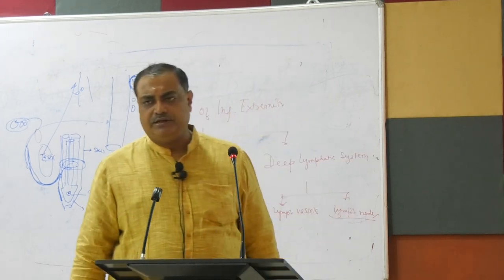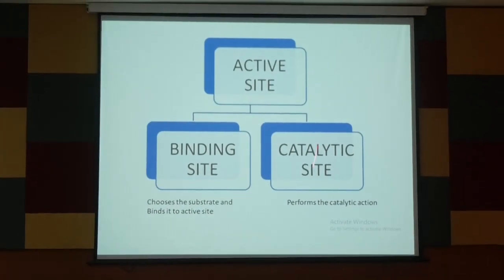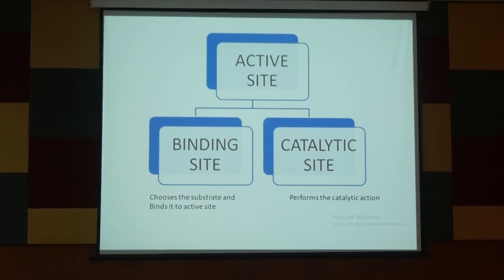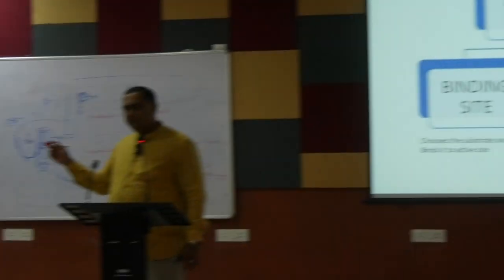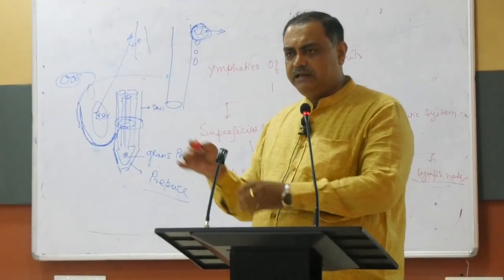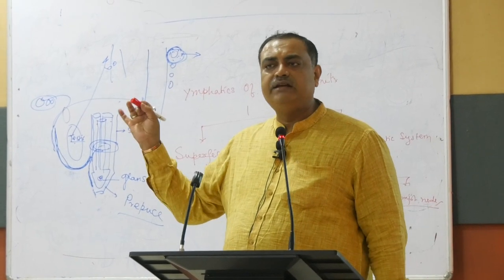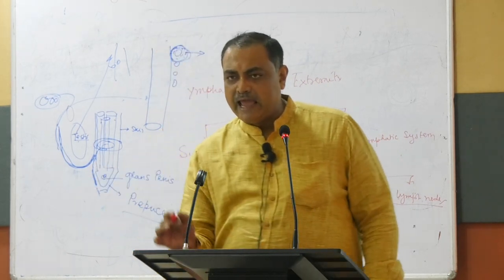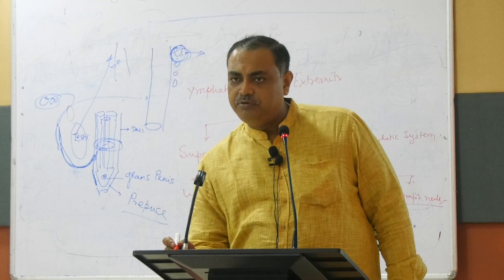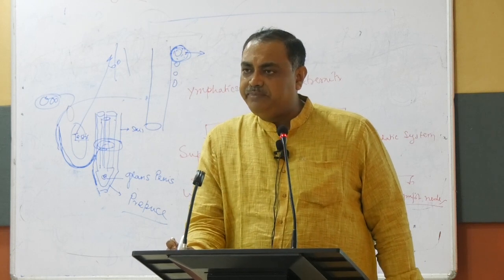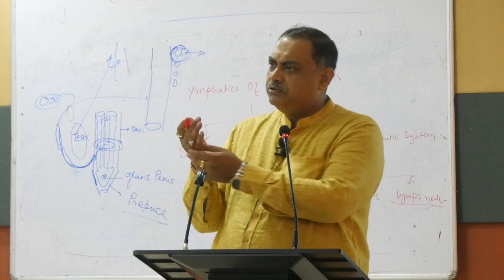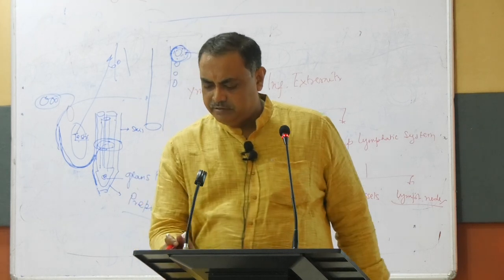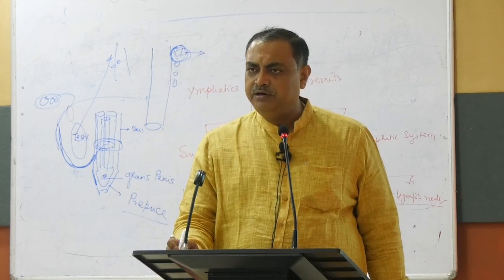Now what is the active site actually? The active site is made up of these two. These fingers we have, all these 4 fingers are necessary for holding the pen, but not for writing with the pen. If these 2 fingers are not there, what will happen? There will be a gap on the paper. With my pen, I have to put extra effort to keep the pen straight. There are many people who have lost these 2 fingers. They can write, but they have to give extra effort so that the movement is restricted.